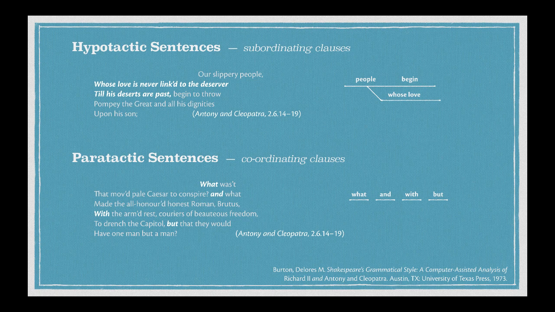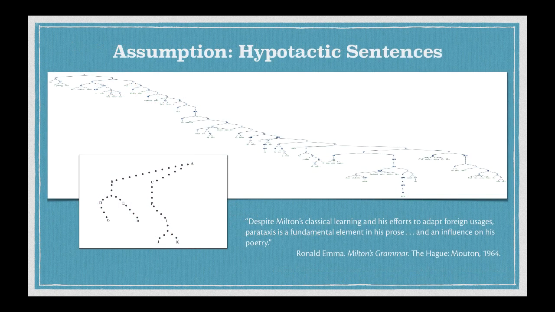And in fact, hypotactic sentences are kind of the new kids on the block, if you want to think about them that way. So understanding paratactic sentences is really crucial because both NLTK and Thomas Corns assume every sentence is hypotactic. So NLTK assumes that this is a nested, vertical, hierarchical kind of structure, and so it diagrams it in exactly that way. Corns also assumes that these sentences are vertical, hierarchical, nested, and in fact, he cheats a little bit. If it isn't that, he turns it into that, right?